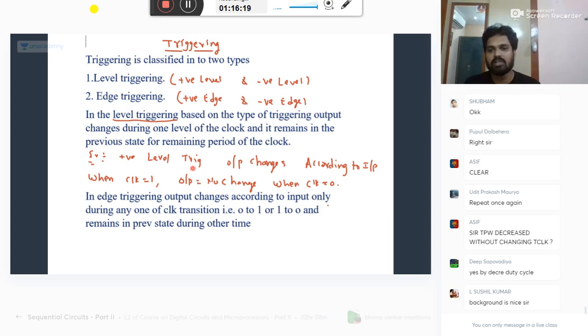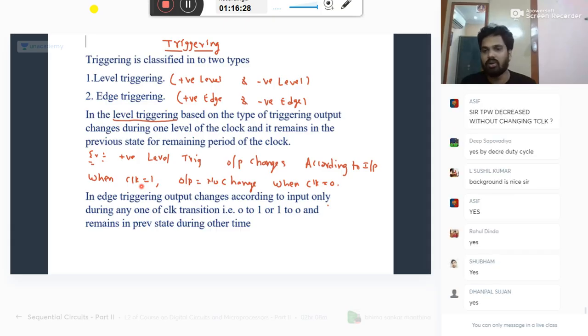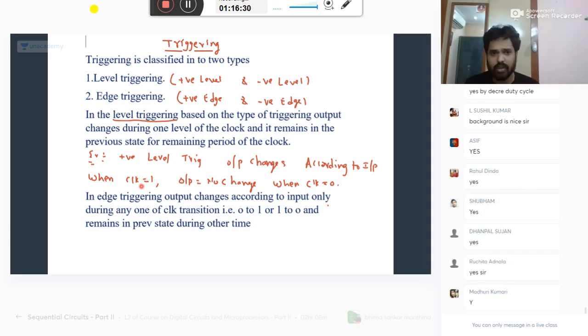Positive level triggering, what is that? Please comment. Output changes according to the input as long as clock is equal to 1. When clock becomes 0, it will not change. Okay. Similarly, you have another case similar to level triggering. The other thing you have is edge triggering. In the edge triggering, output changes according to the input only during any one of